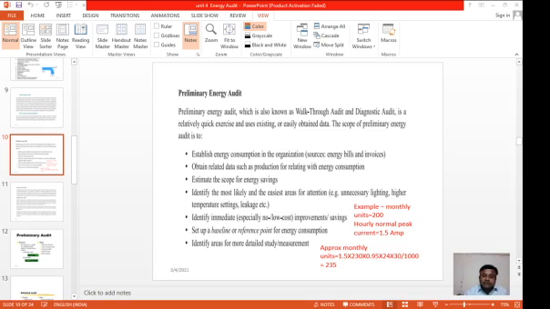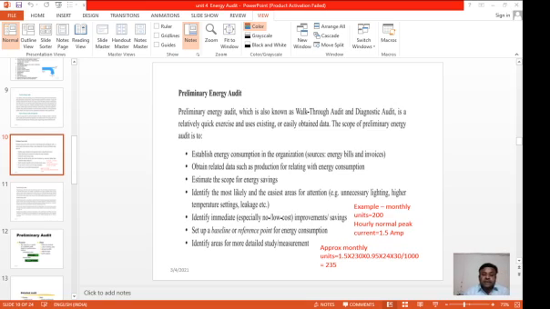Then you can see whether there is a cable drop. If the length of cable is more, then there will be more loss, and you will have to pay more for that cable drop. Therefore, such situations should be observed, and in this way, you can take all these measures as a preliminary check. You can also check whether some tamper or some bypass is there. This can be physically and immediately seen. So these things come under preliminary energy audit.